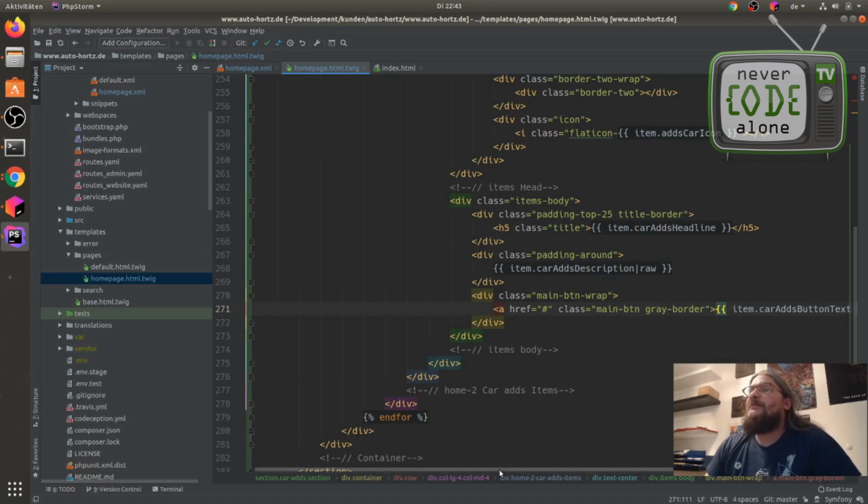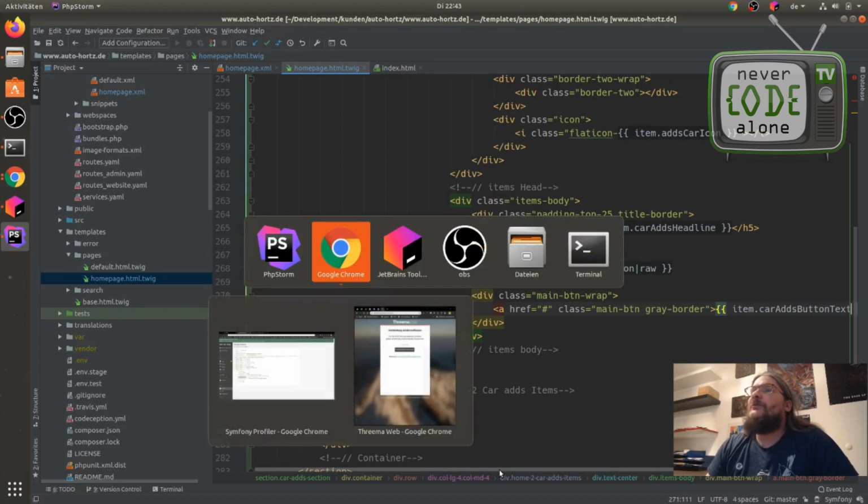I will add the link later in this video, because for now I want to see if this is rendered to the front end.